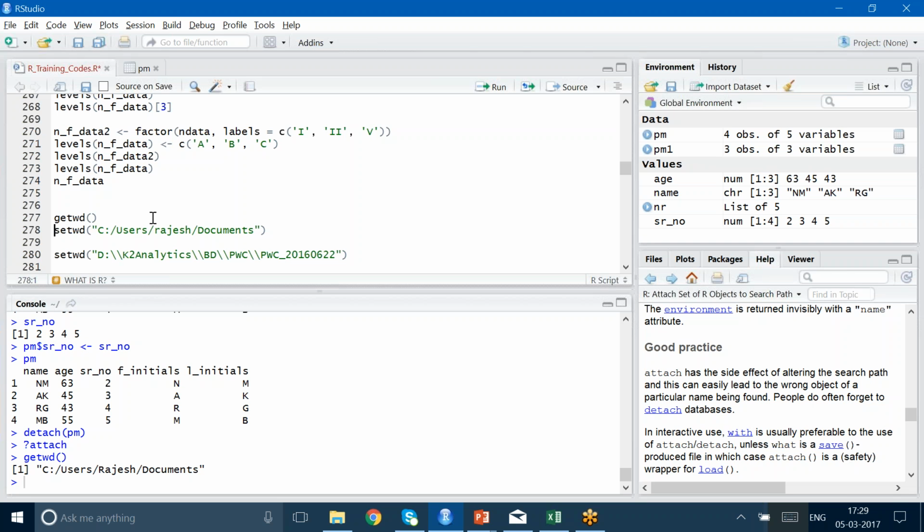There is some path that you might be having. This is where your files are stored. If your files are not stored in this path, the first step is to set the working directory to the path where you have your files stored. In my case, my files are in D:/K2